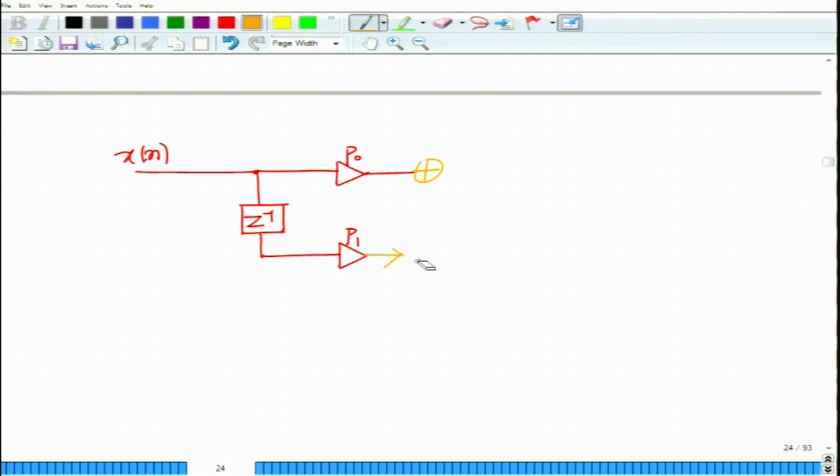This is performing the addition of P1 x(n minus 1) plus P0 x(n), and